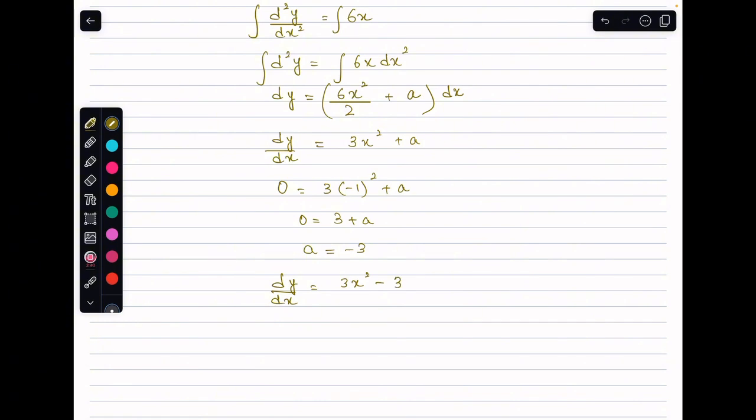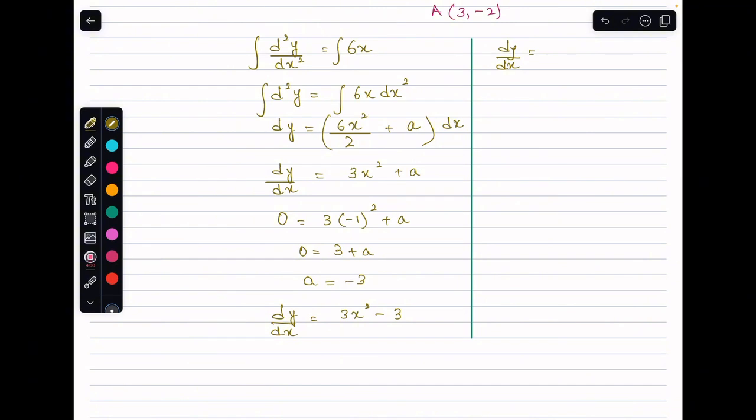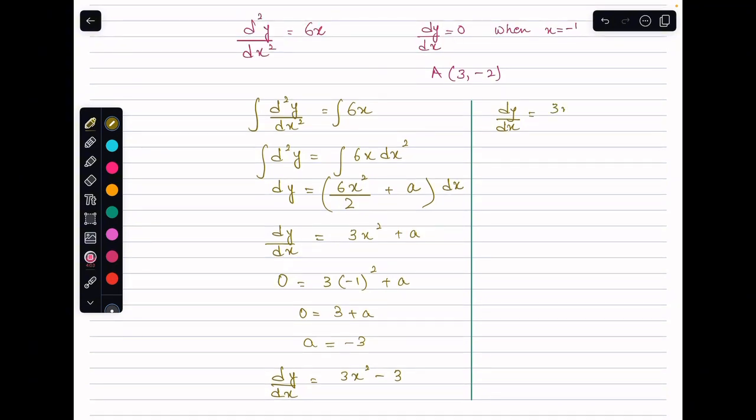After that, because I need to have the equation of the curve, to get that I should be integrating my dy by dx. I calculated my dy by dx, and this was equal to 3x squared minus 3. So dy equals 3x squared minus 3 dx. Integrating it, the integral of dy is y,